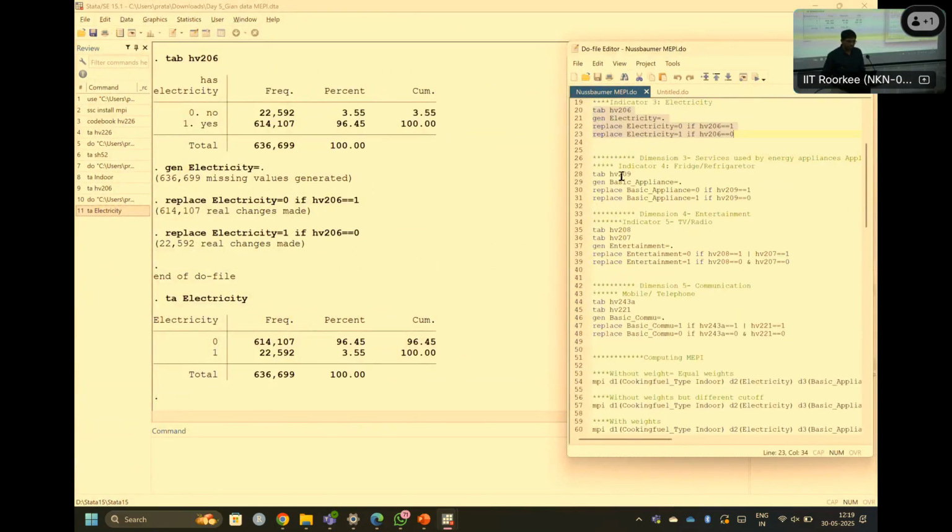So that is the variable SB209. We are just changing it to basic appliances, and I'm not spending more time. Mark carefully that you are actually making the code 1 if the household has no appliances of this variety, so that you can prove your score in a better way, or interpret your score in a better way.